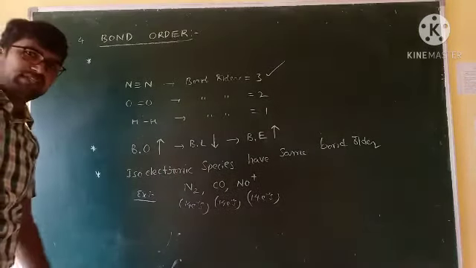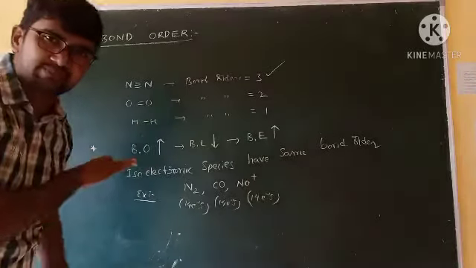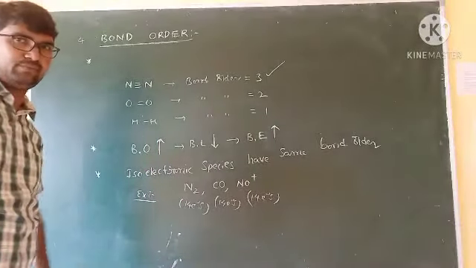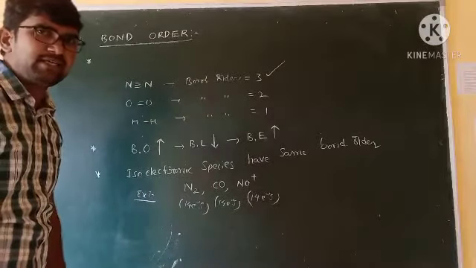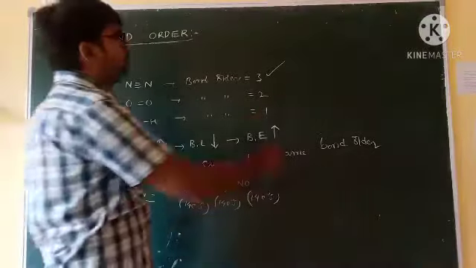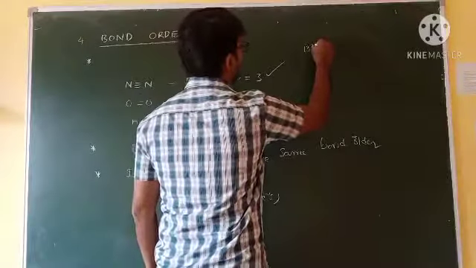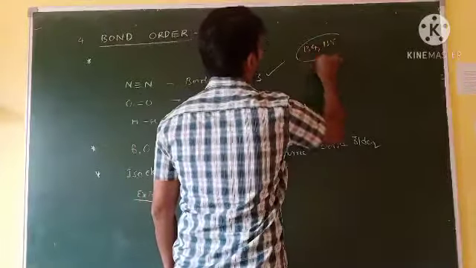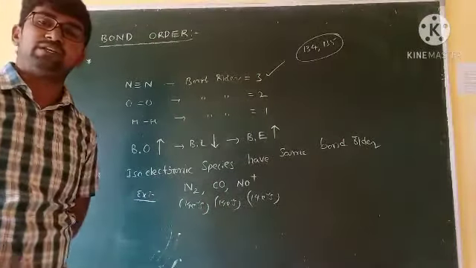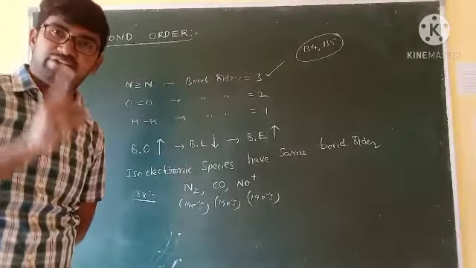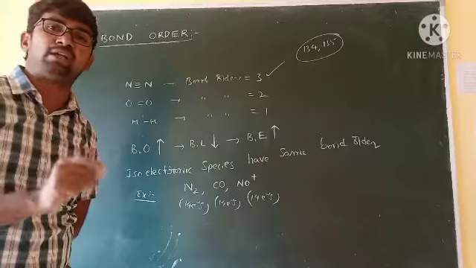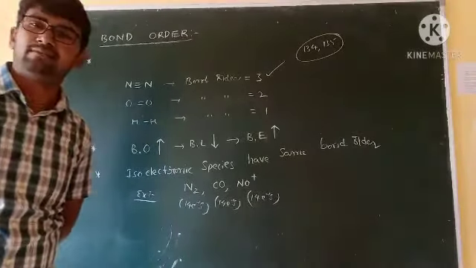Yes, today's concept is completed. The bond parameters concept is completed. Four topics are there: bond length, bond energy, bond angle, and bond order. In our material, only two bits are given: 134 and 135. Only a few bits are present, but this concept is very important. Every student must write the classwork perfectly and read the concept today only. Practice the total concept today only. Right? Thank you very much.